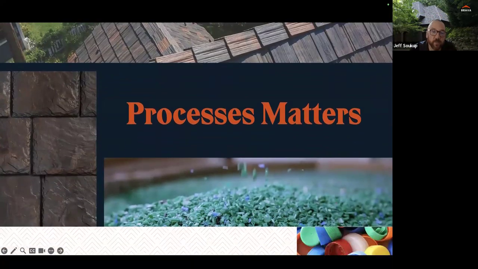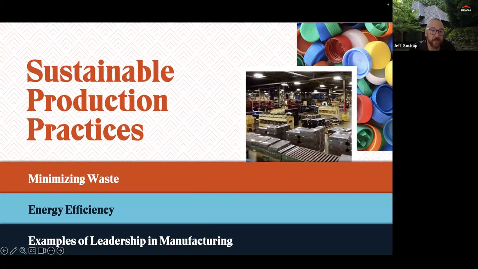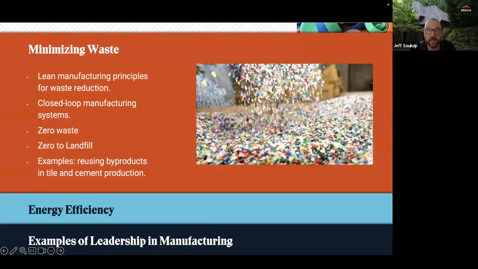So some of the manufacturing processes that impact sustainability significantly. Good manufacturers are looking at options to decrease their carbon footprint. Lean manufacturing has been around for a long time. It's a wonderful